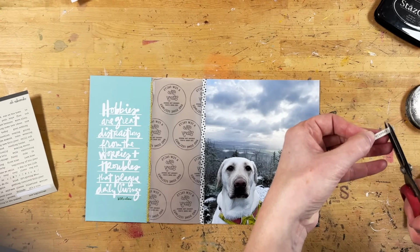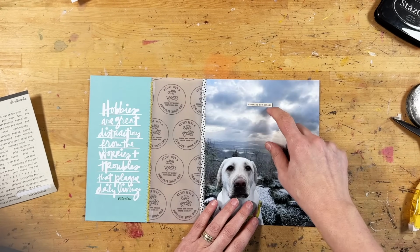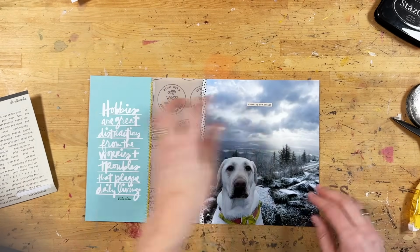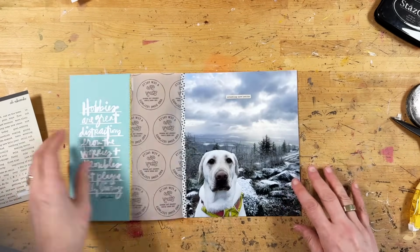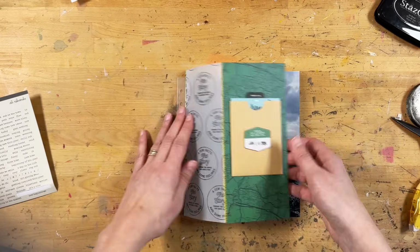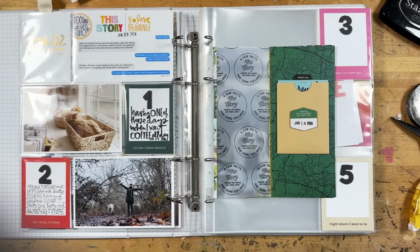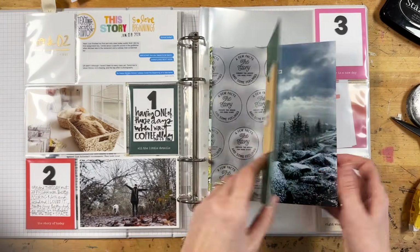And even when I'm recording this in the week after, we've been home since Saturday. Today's Tuesday. We've been home since Saturday because it's still so icy and school's been canceled and all those kinds of things. So the rest of my spread here is going to include a lot of snow and ice photos, but that